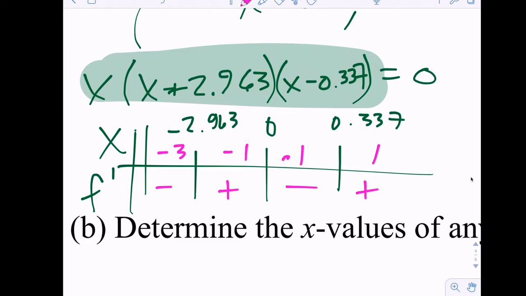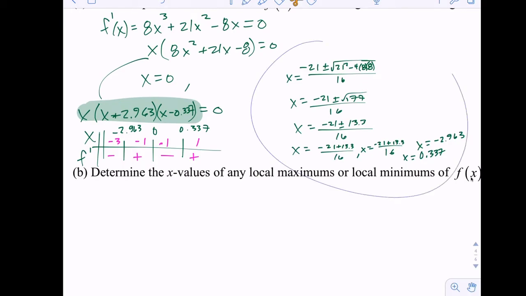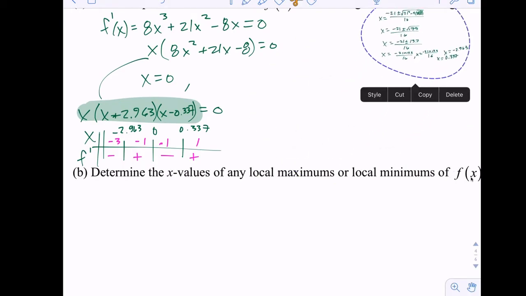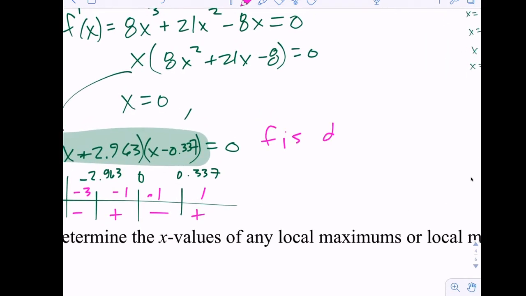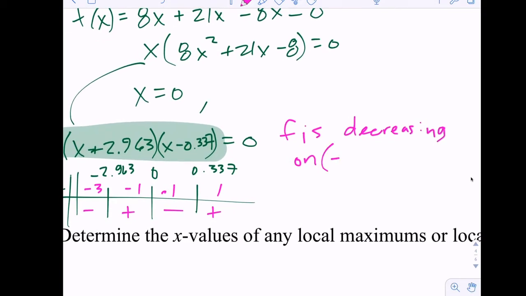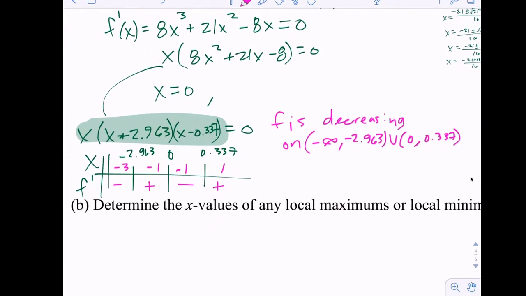Okay, so now that we have the chart, we're going to use it twice. We're going to use it, of course, to answer this question, which I'm just going to shrink all this work down here, which normally we're not going to have to do. And we'll say that F is, let's do decreasing first. We'll come in from the left. Decreasing on the interval from where to where? -infinity to -2.963. Union what? 0 to 0.337. Yeah. So wherever you have negatives, and again, we're using the critical values at the top as